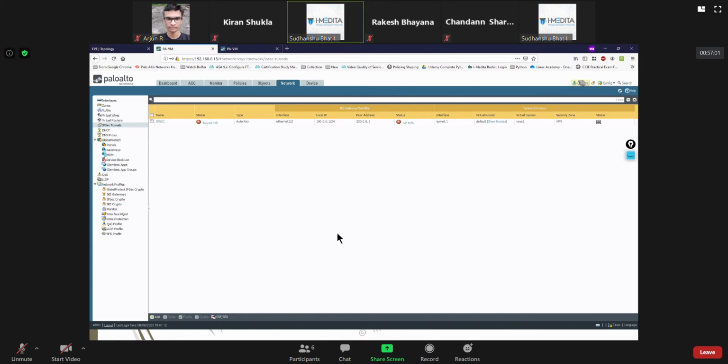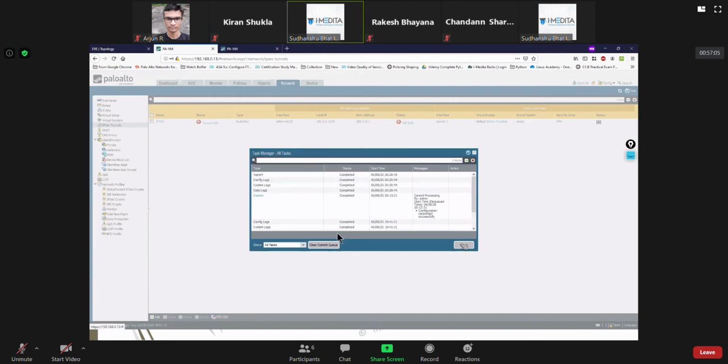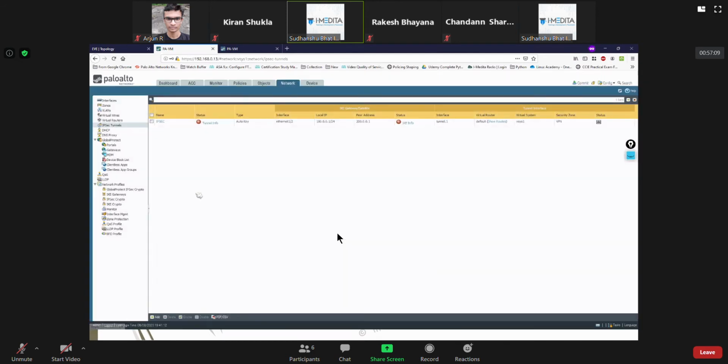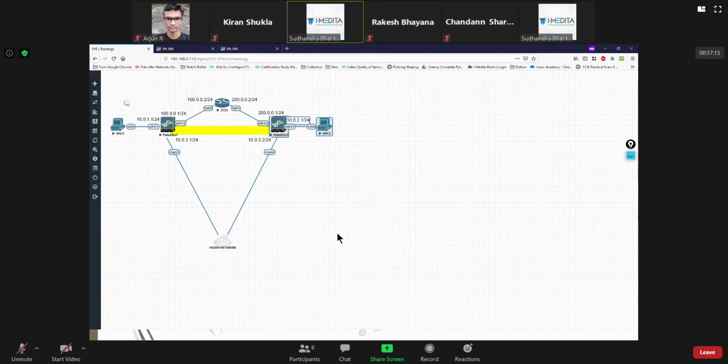Let's commit the configuration on this side, and also we'll need to configure a static route pointing to this subnet, because this firewall doesn't have any information for the 10.0.2.0 subnet.